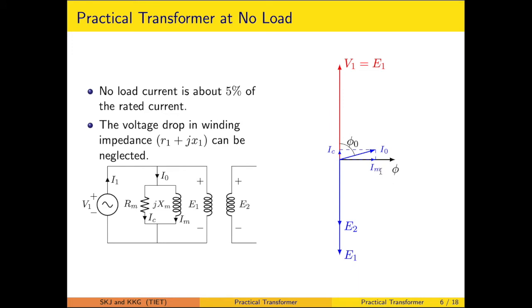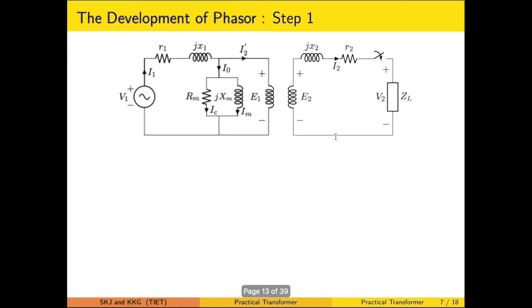As mentioned previously also, the flux is directed in the direction of the magnetizing current component, and the core loss component will be the in-phase component to the supply voltage. Now the phasor development is carried out. This is illustrated through 4 steps, and I will be summing up those steps in a systematic manner. When this switch is closed, it will be carrying a current in the secondary. So we will be representing the secondary as step 1.